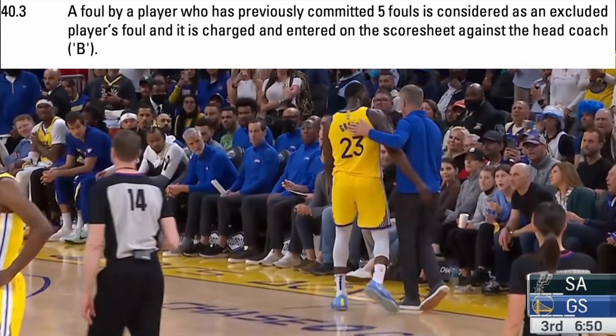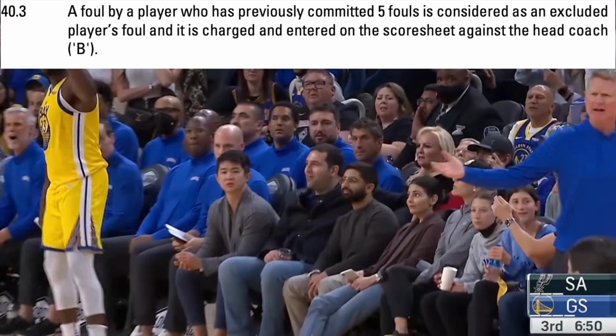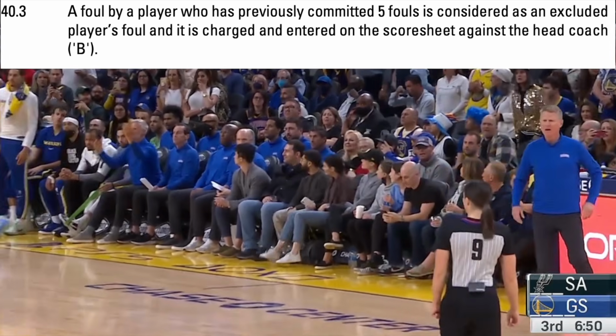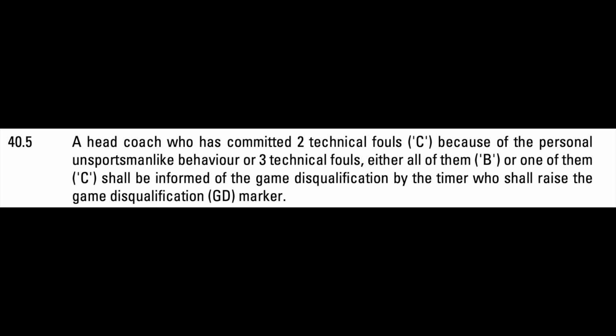In the 2 interpretations in the FIBA rulebook, it covers when a player does something like pushing someone or verbally abuses a referee. In both cases, it's a technical to the coach as B1 because the player is excluded, but they're also part of the bench, so they still can be penalized, which then comes into play on when does someone get disqualified. So starting with a head coach that committed 2 technical fouls, C category, which is direct, because